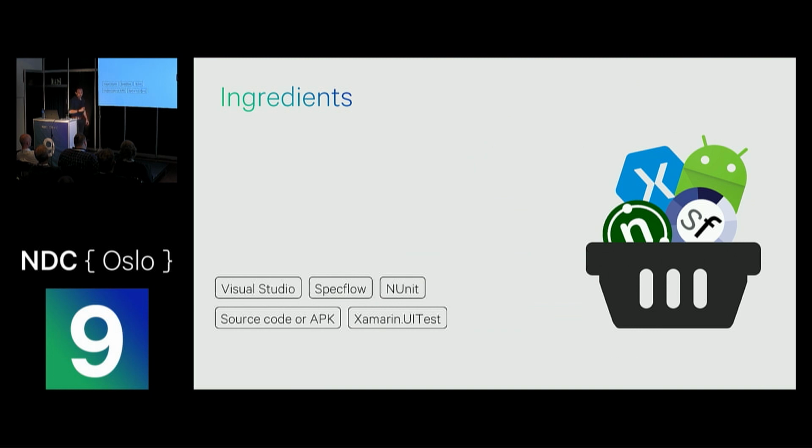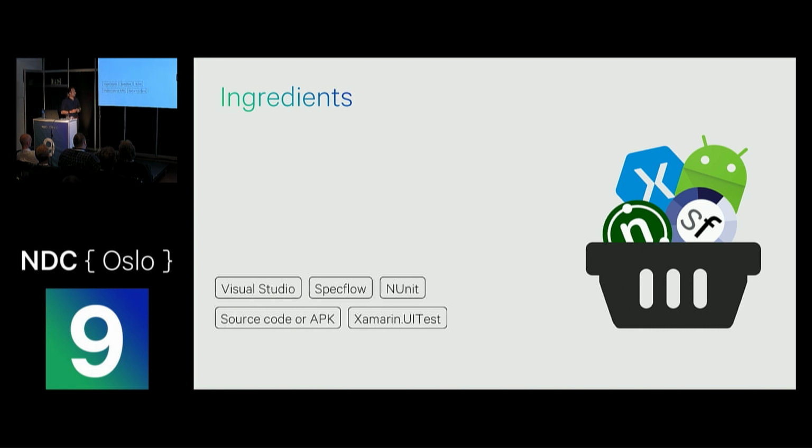So for today, we need a couple of ingredients to make these tests work. We have our input as the Gherkin files, and we have to do a couple of steps to make it work fully automated on the mobile phone. For that, we'll be using Visual Studio. I'm on my Mac, so I'll be using Visual Studio for Mac, but it also works on Visual Studio for Windows. I'll be using SpecFlow. SpecFlow is the test runner, like the glue layer between the tests in Gherkin and the unit test in C#. I'll be using NUnit because it's on a Mac.